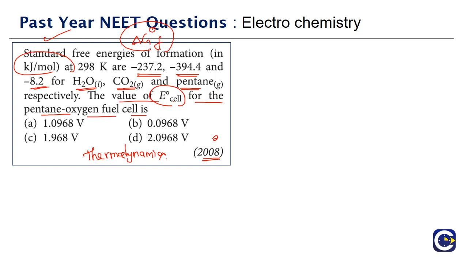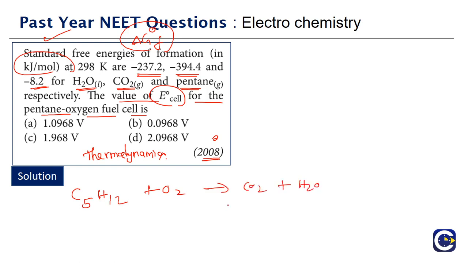So how do we get the E naught value? If we can look at what is the overall cell equation. Pentane formula is C5H12. It will combine with oxygen to produce CO2 and H2O. Let's balance it, because we have to look at the balanced equation. 5 carbons are there, so we'll have a 5 here, and 12 hydrogens means we have to put a 6. Totally 6 oxygens and 5 2s are 10, 16 oxygens are coming, so we must have an 8 here. So this is the balanced equation.